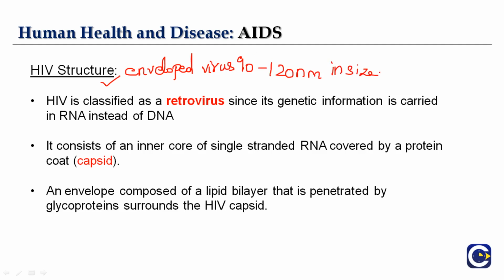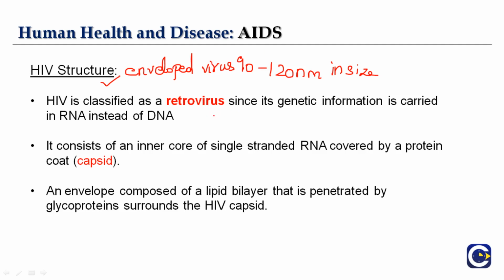The nucleocapsid has an outer icosahedral shell and an inner cone-shaped core enclosing the ribonucleoproteins. So when I say RNA, it has ribonucleoproteins. The genome is diploid, composed of two identical single-stranded positive sense RNA copies. In association with viral RNA, it has a special enzyme which makes it more special and resistant and helps in the survival of this particular virus.